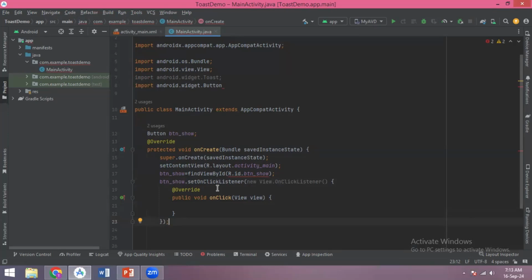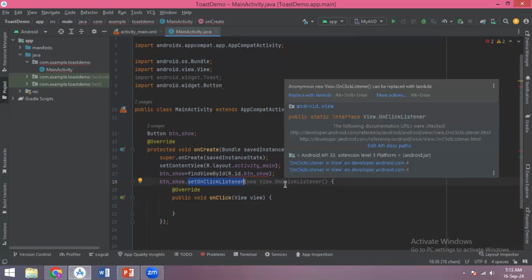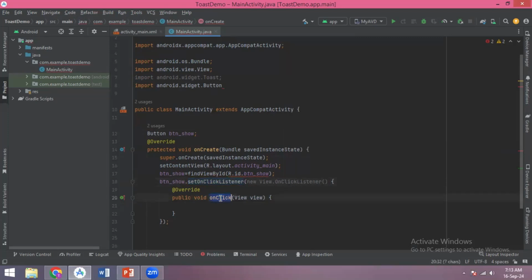handler to any button. Basically, we are adding this setOnClickListener method, which will take one parameter, that is new View.OnClickListener, and it will actually implement this onClick method. So whenever any user clicks on the button, then program control directly comes under this onClick method. Now here you can type anything that you want to perform. So our aim is to display a toast message. So we'll write